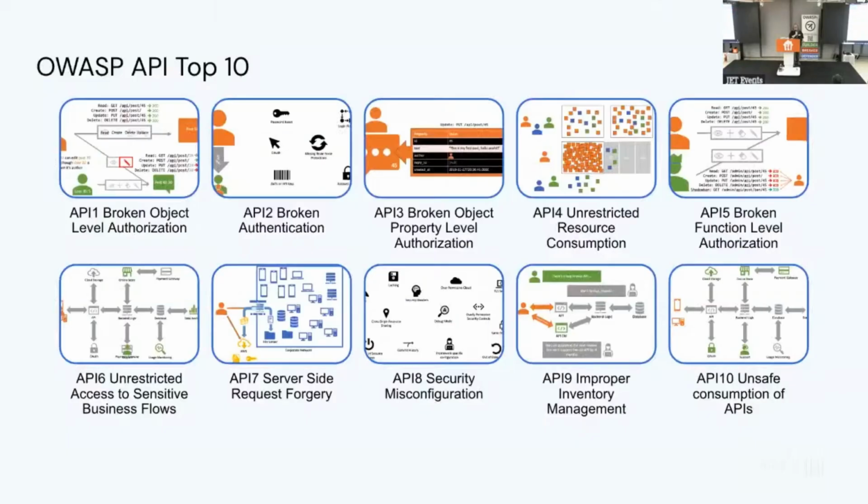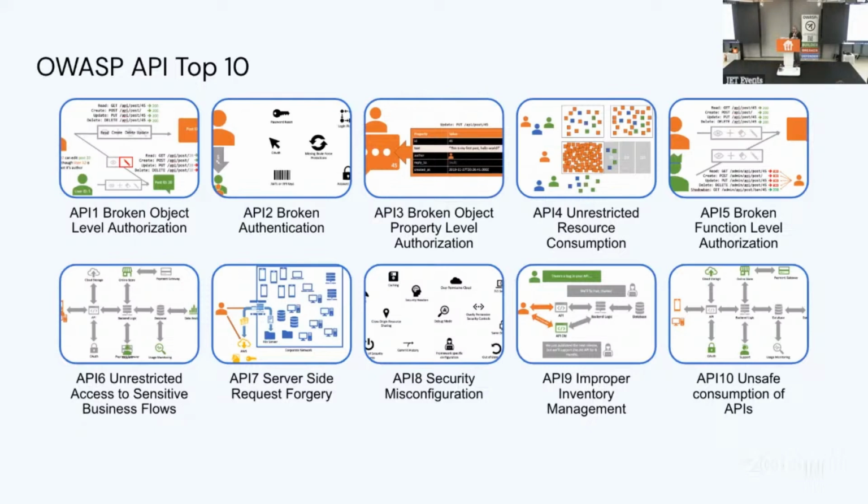So here is the OWASP top 10 split up into the individuals. So I'm going to go very quickly over these. These are the TLDR versions of this. Broken object level authorization. Delete a tweet that is not your tweet. Broken authentication. Log into an account you don't have the password for. Broken object property level authorization. Change something like a password without going through a password reset process. Unrestricted resource consumption. Application level DoS.